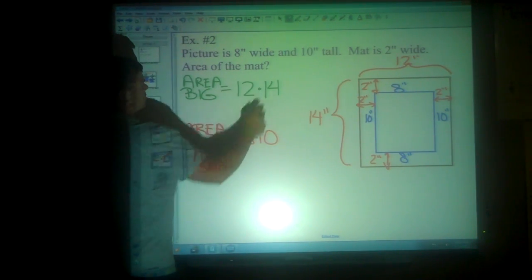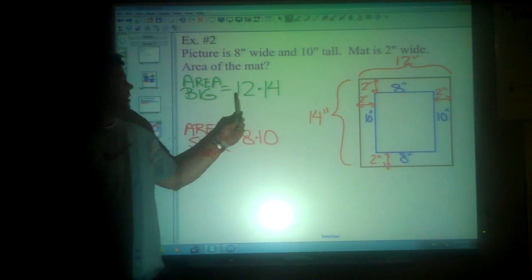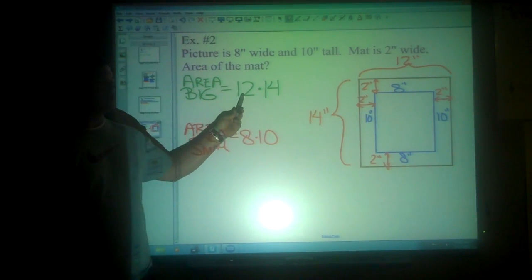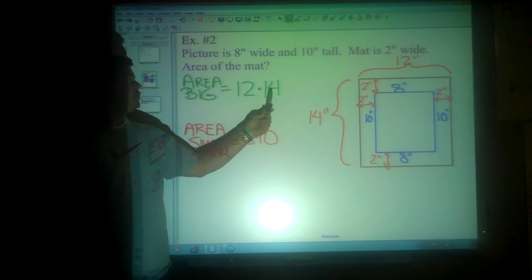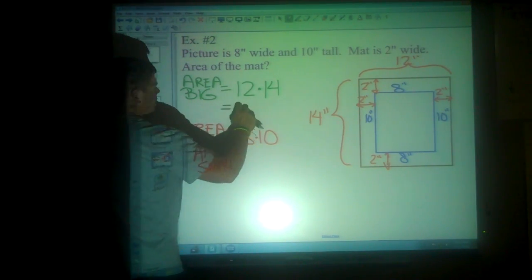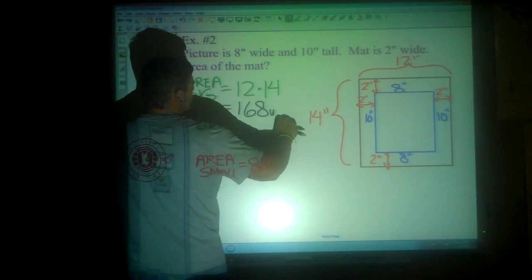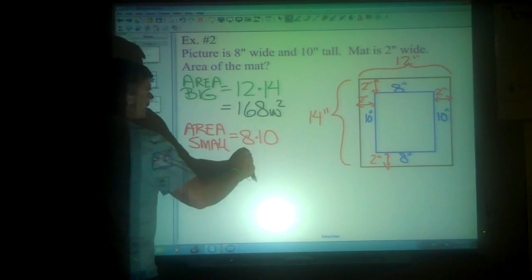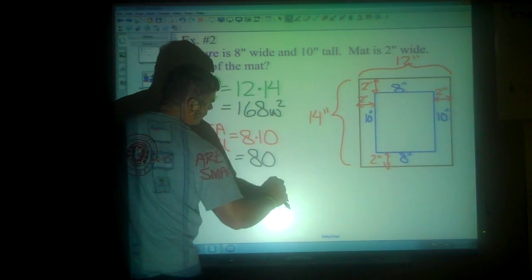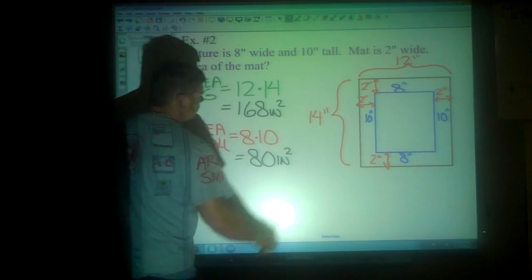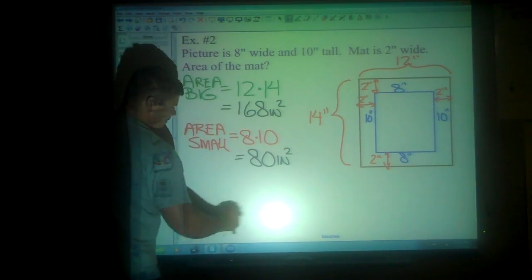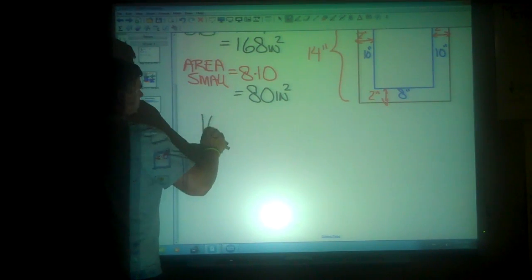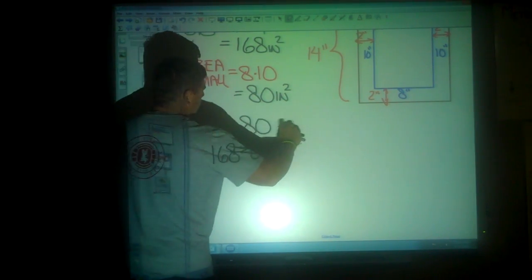If you do 12 times 14, what I do is I think about 14 times 10, which is 140, and then 14 times the 2, which is 28, should give me 168. 168 inches squared is the area, and this is 80 square inches. Now it's just a relative matter of subtracting the 80 from the 168. 168 minus 80 equals